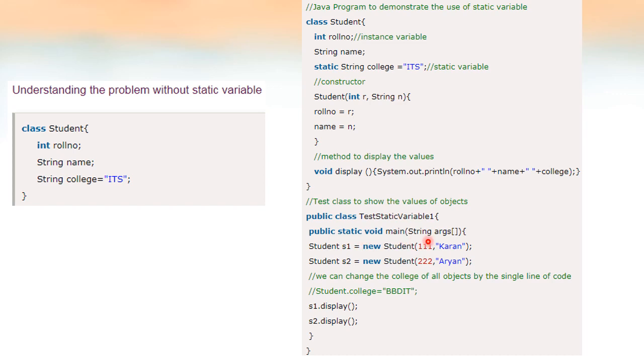Okay, and we are writing public static void main. I am creating two objects of class student, s1 and s2. So s1 is one object of class student. S1 will be having a copy of roll number, name and display. Similarly, S2 also will be having a copy of roll number, name and display. S1 and S2 will share the same variable college because it is declared as static.